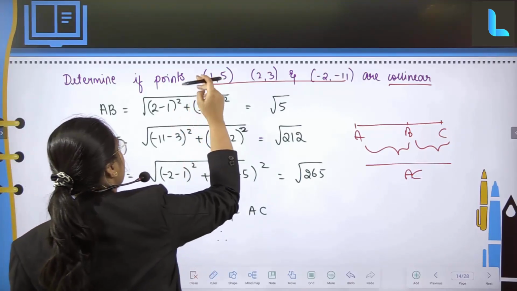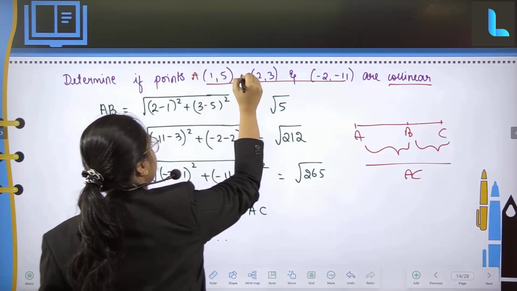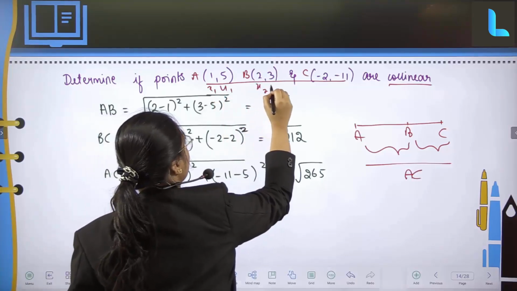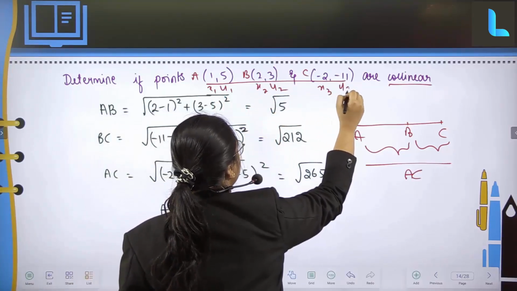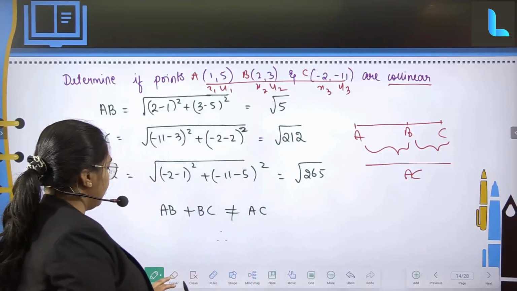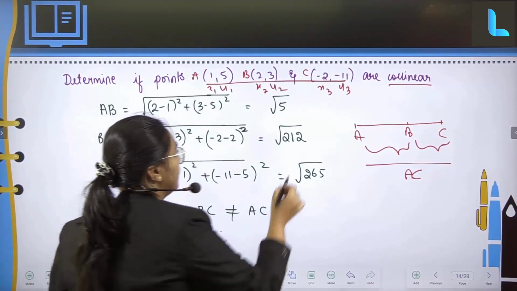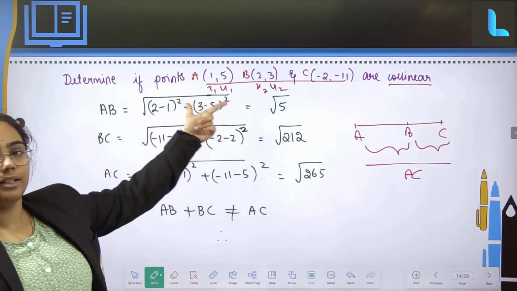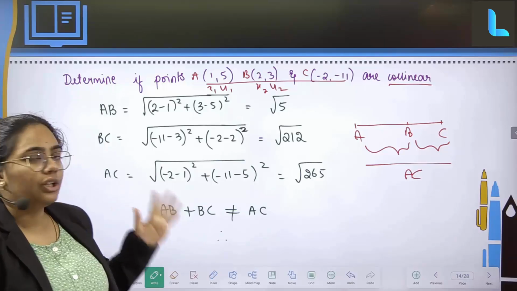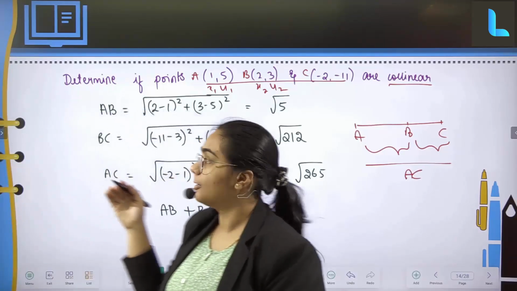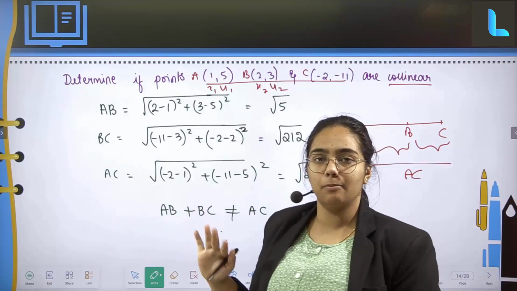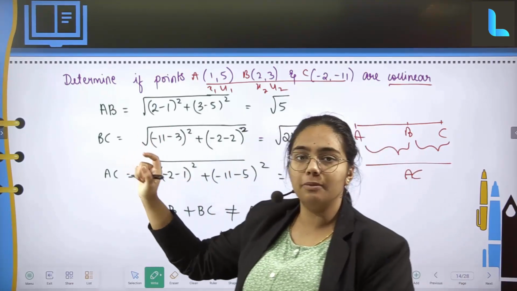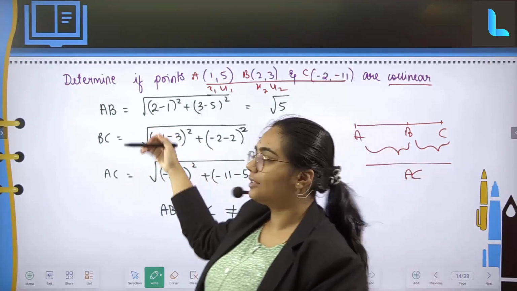So I will consider the points as A, B and C, so again it would be x1 y1, x2 y2 and x3 y3. Whenever you consider different points, the values get altered. First, when I am considering A and B, these are the points I will be having. Use the distance formula. Just write the formula once and then start solving for it.